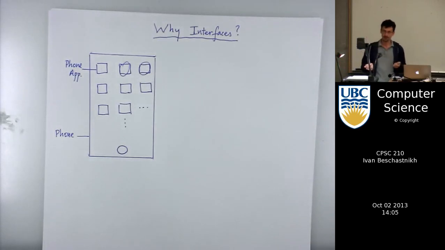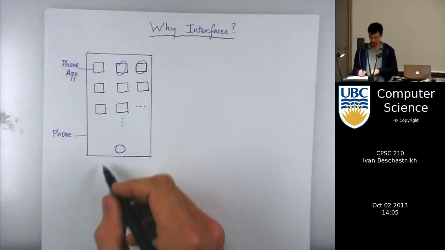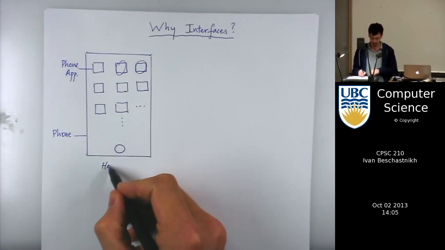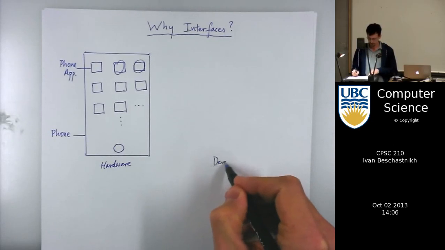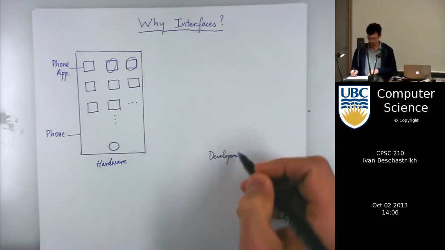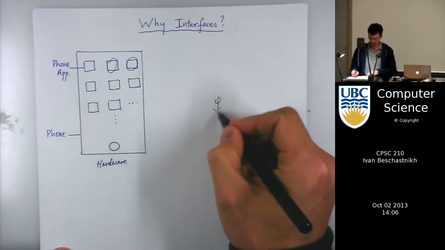As a manufacturer, you don't constrain the kinds of apps people can create, because you want a lot of diversity. So if you're a phone manufacturer, you basically take care of the hardware, and then you have some developers here on the side, all these people.